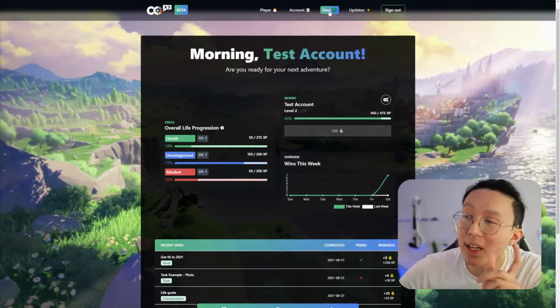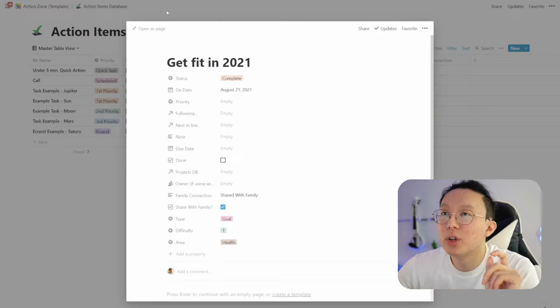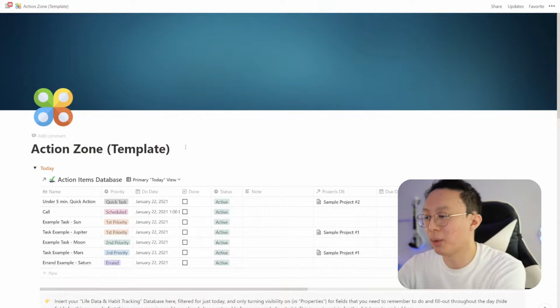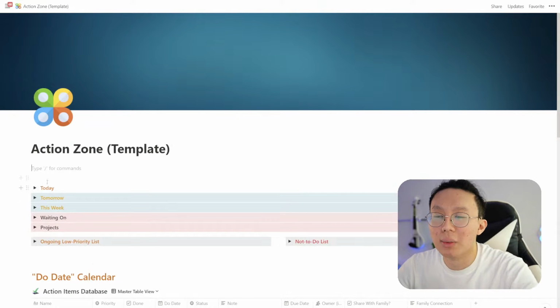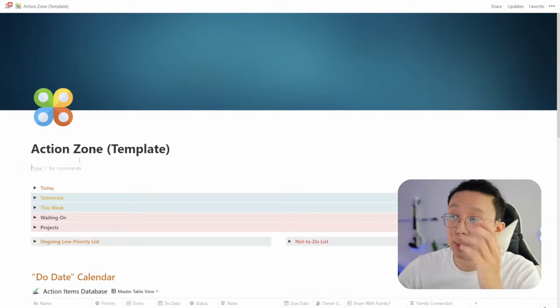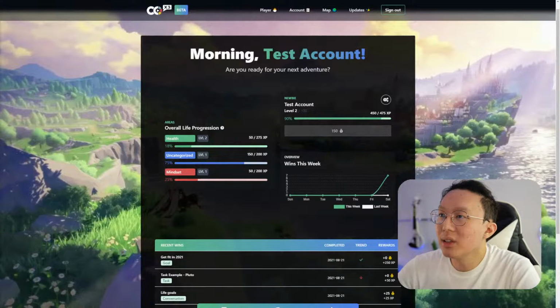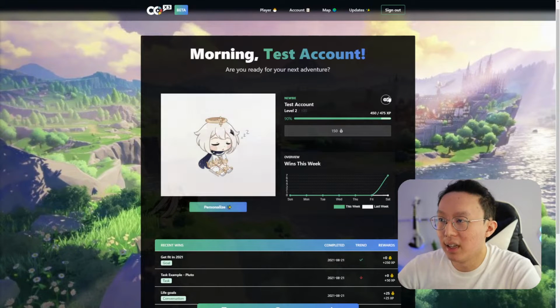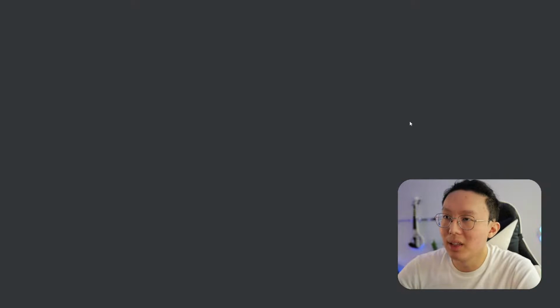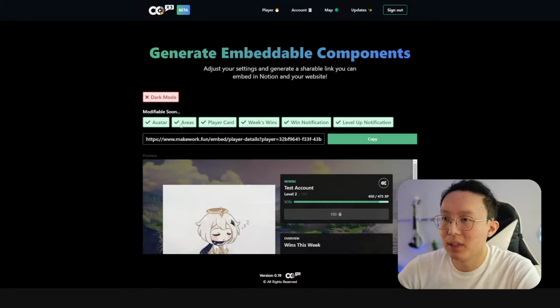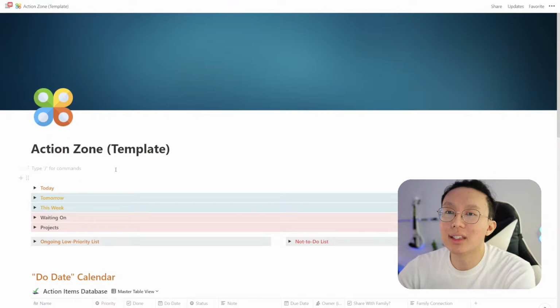Now, the final thing I want to show you guys is if I just had a dashboard, right? Again, I'm just going to use the action zone as an example. You can use any dashboard you like, but as an example, let's say you liked the PPV system. Again, I think many people do, which is awesome. What we can do is grab an embed view. So we click on this gear icon, copy the embed link. And what happens is I can just grab the embed view, click copy, and paste it into any page I'd like.